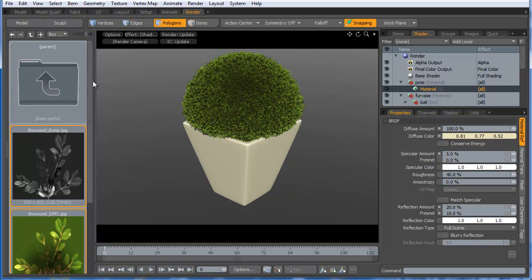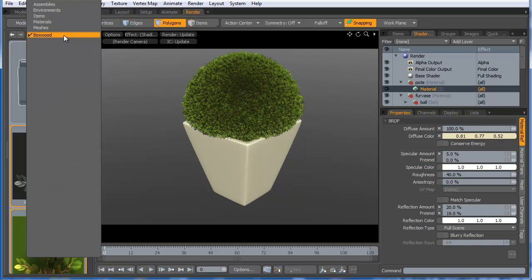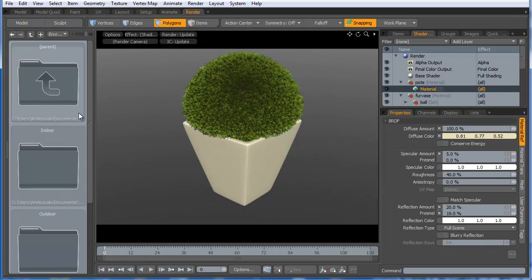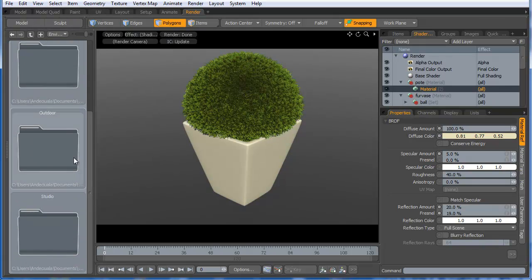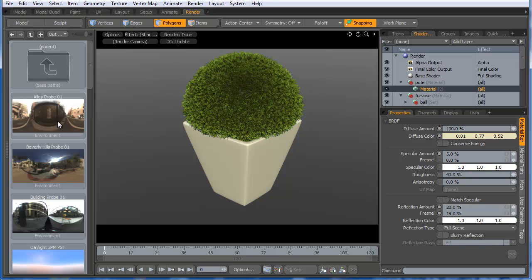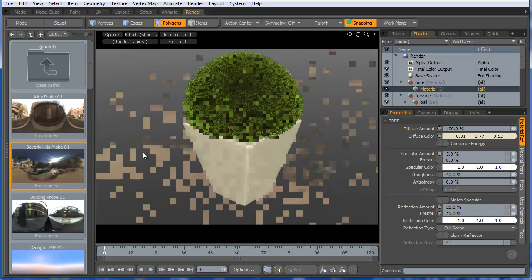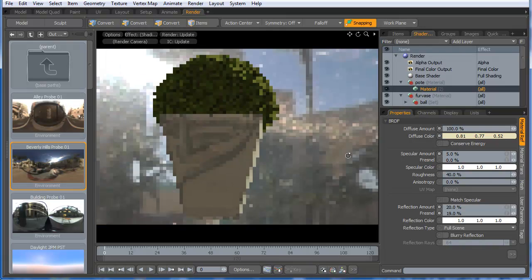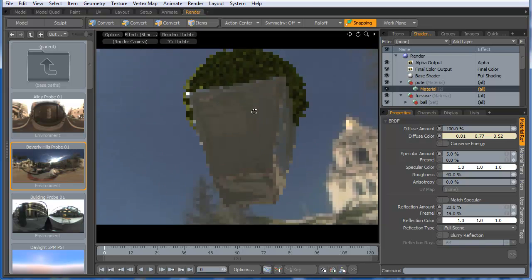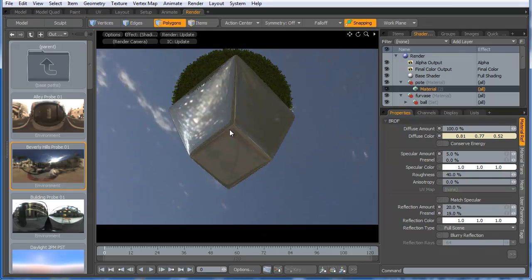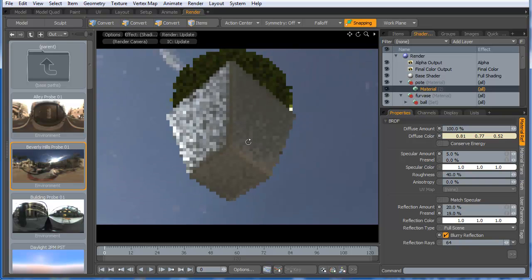and I need something here to see, so I'm going to my environment, outdoor, and I'm going to get something here. This one is very good to see the reflections, as we can see here. And I'll make this material blurry, and it's kind of strange right now,